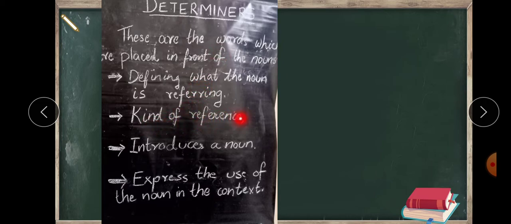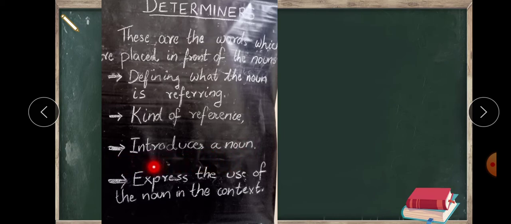Then, the kind of reference. What is the kind of reference of the noun? Like what it is, where it is, how it is. Then at the same time, what quantity it is. All these things. Then, it introduces a noun. In the sentence, the determiner helps to introduce a noun. Like the car,